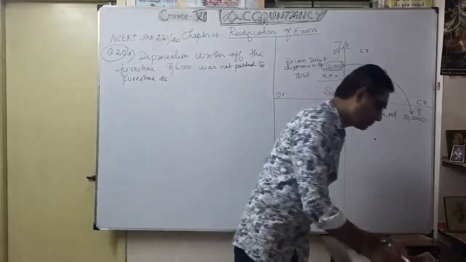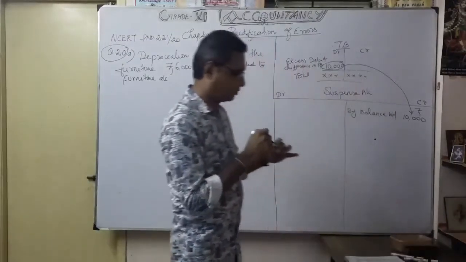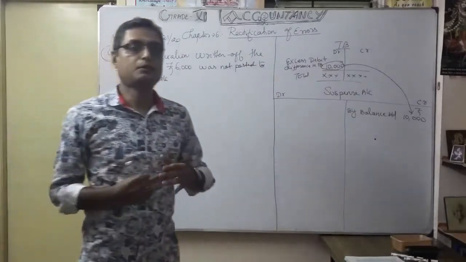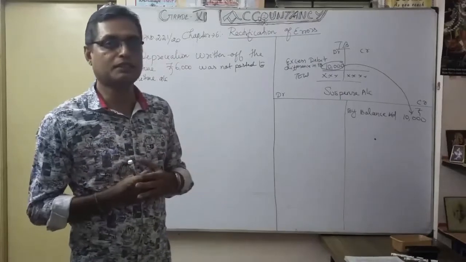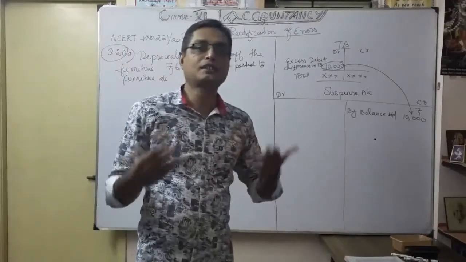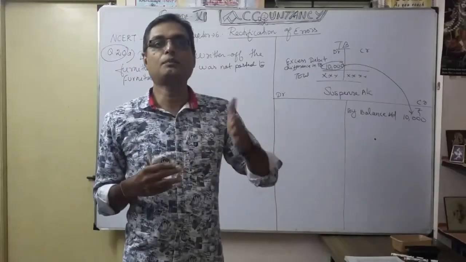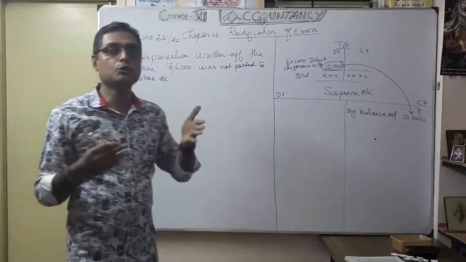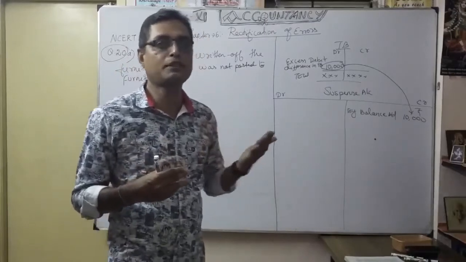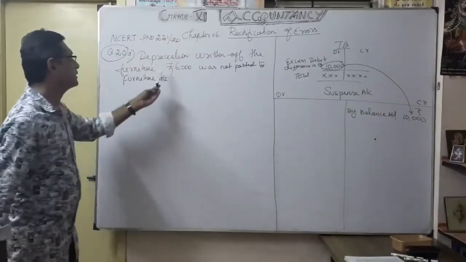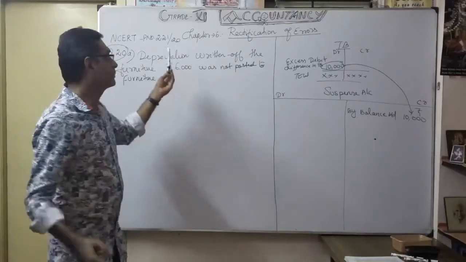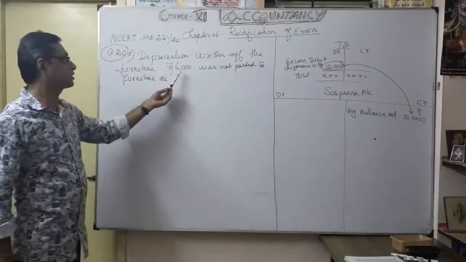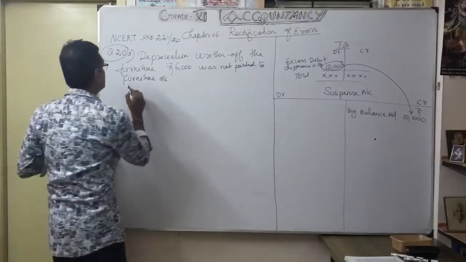According to this problem, they clearly gave how to do it. They gave depreciation. In a subsequent chapter we will discuss depreciation. As you know, every year when you are using the asset, naturally the asset value becomes less. So how are you going to show the lower value? You show the depreciation. That is what they gave here: depreciation written off. W is silent. Written off the furniture, 6,000, not posted to the furniture account.